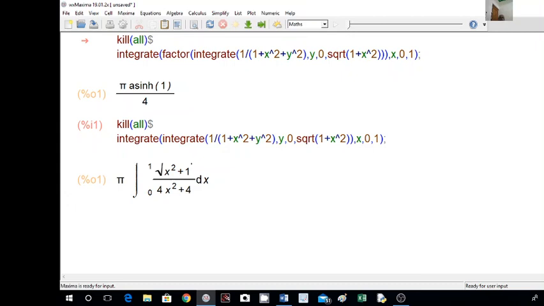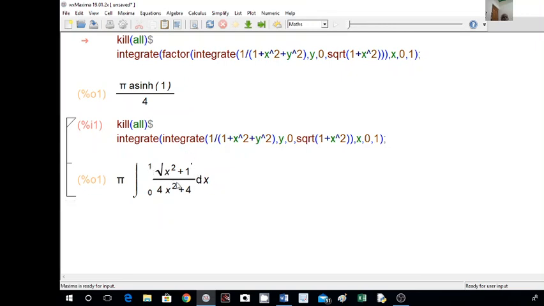I am getting like this here because sometimes this happens. First it is integrating with respect to y. After integration, I got 1 by root of 1 plus x square. Here also it is nothing but 1 by root of 1 plus x square, but it is not factorizing here. If you take the common factor here, I will put this as pi by 4, 1 plus x square, root of 1 plus x square divided by 1 plus x square will be 1 by root of 1 plus x square, and then it has to integrate with respect to x.